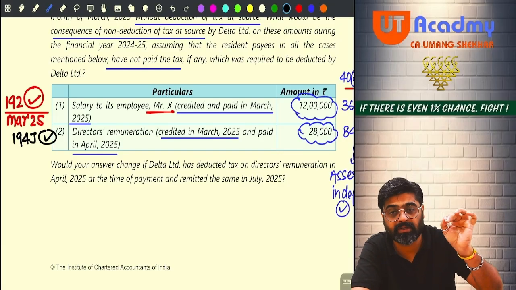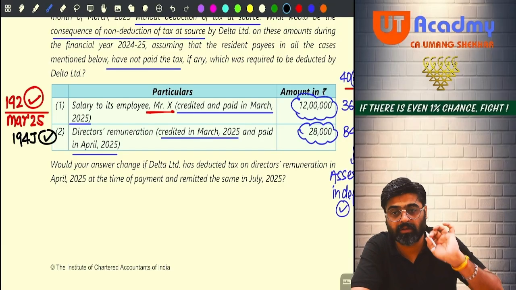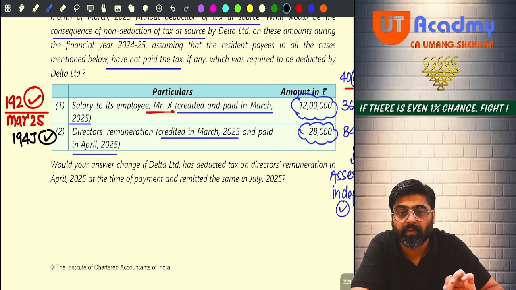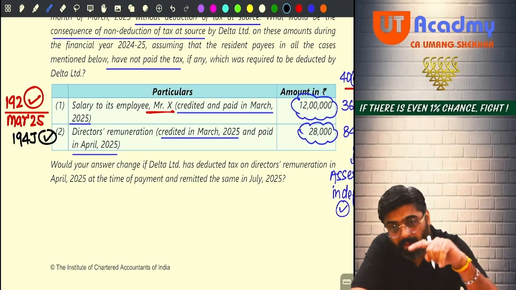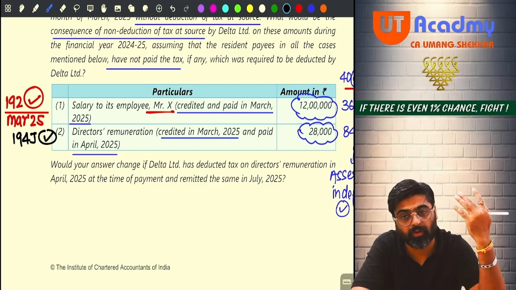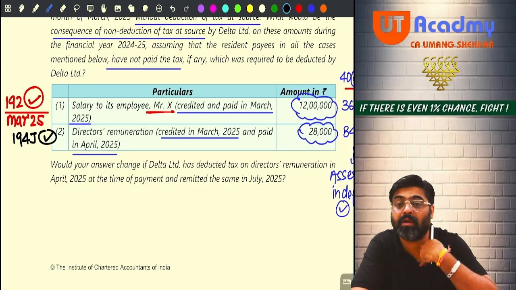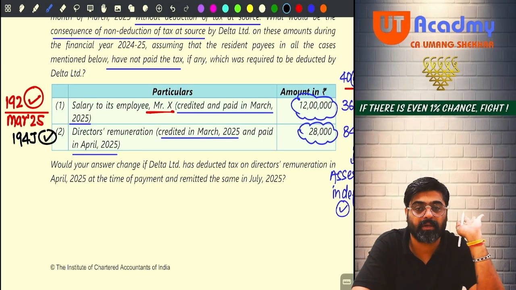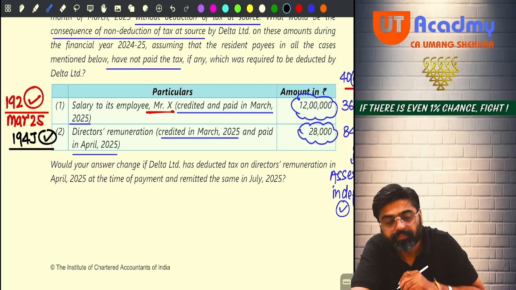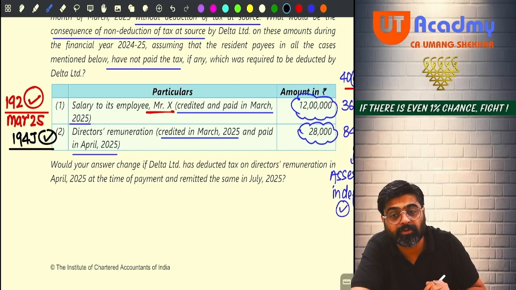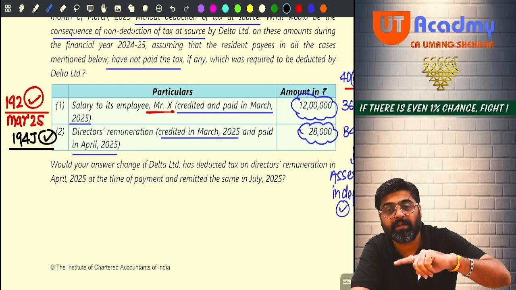As per 194J, the TDS needs to be deducted on this payment. Yes or no? Because the payment is specified under section 194J and that payment is made to a resident. And the amount for this payment is not specified. So whatever amount of payment is made, I have to deduct TDS. So now I am confirmed that TDS was supposed to be deducted. But have you deducted the TDS? No. When was that TDS supposed to be deducted? March or April, whichever happens earlier.